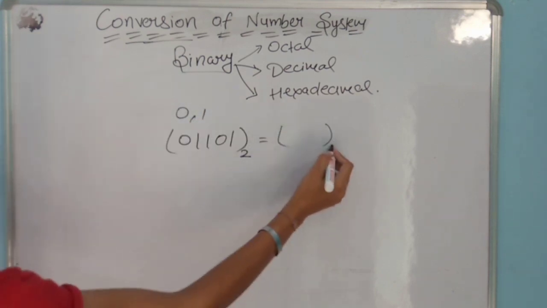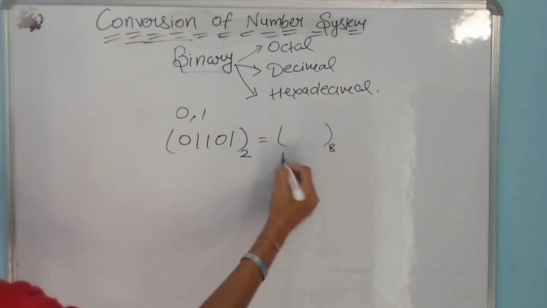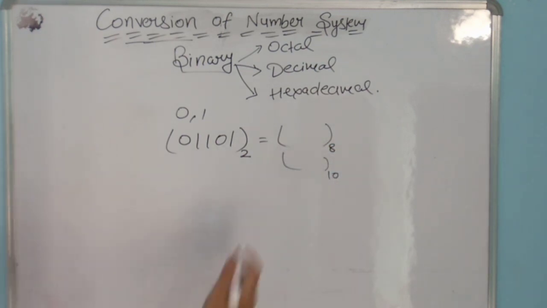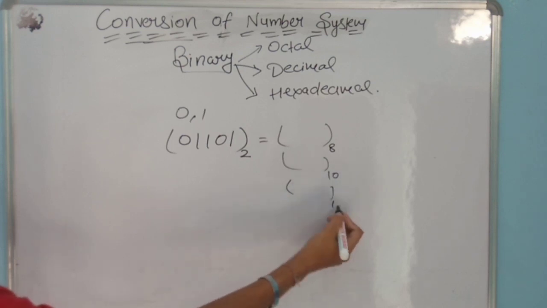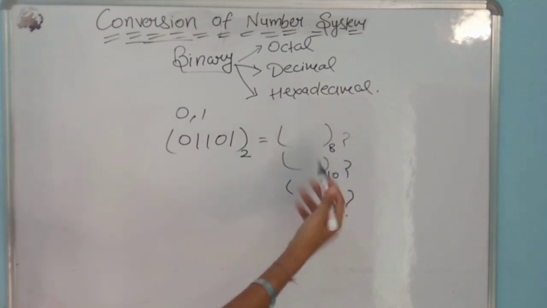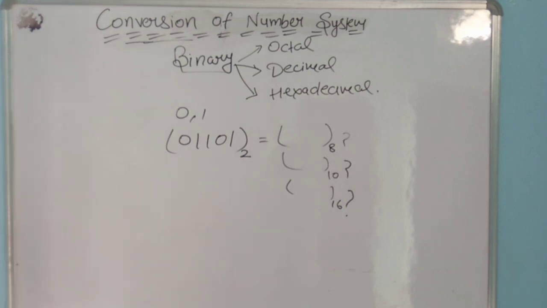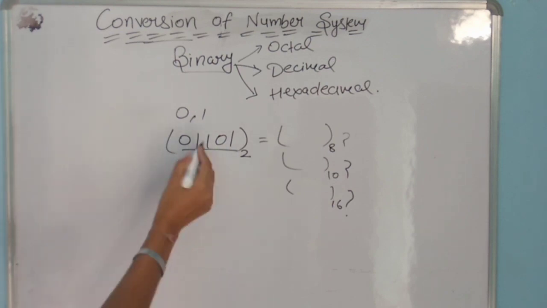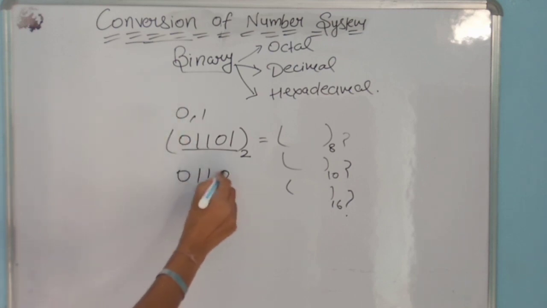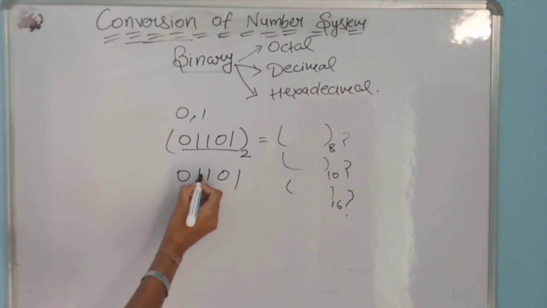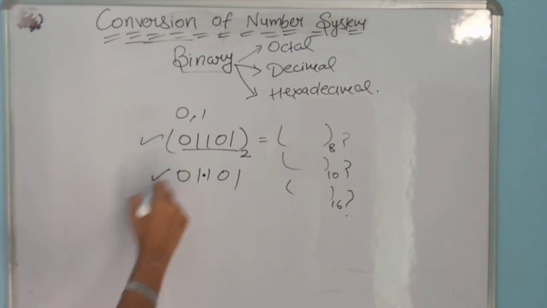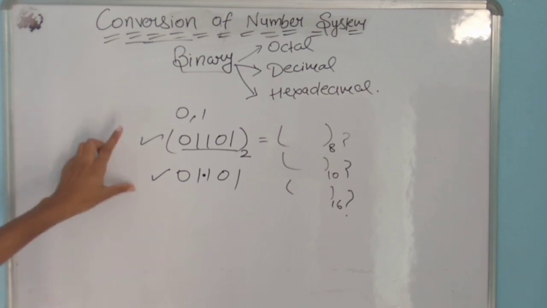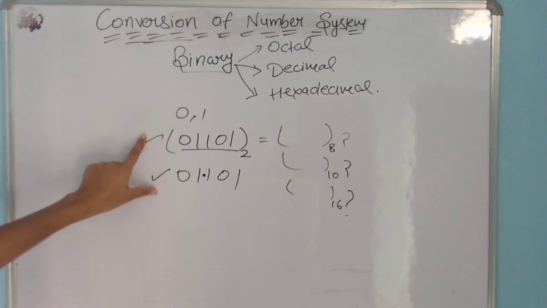We convert it into any form like octal, like base 10 means decimal, or like base 16, we can convert it in this way. So now we will learn about a binary number in simple form also and in decimal form also. Decimal form of a binary number is like 0 1 1 0 1, for example, we can insert a decimal point here. So rules for this, with decimal and without decimal, are different from each other. So we will learn about these two rules.